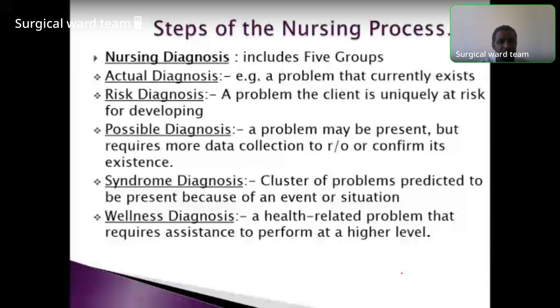There are 5 groups of nursing diagnosis. The first one is actual nursing diagnosis. Actual nursing diagnosis means a problem that currently exists, the patient comes to us with it, the chief complaint. Risk diagnosis, or potential diagnosis, is a problem that the client is uniquely at risk